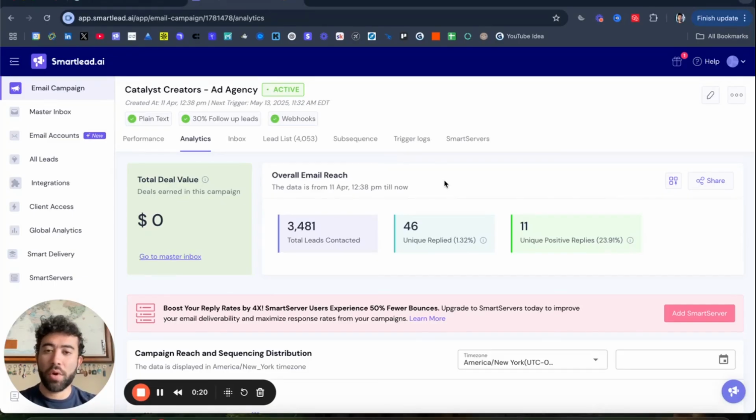for them. So these are just some of the results I've been able to get, sending out around 3,500 emails, around 24% positive reply rate, and have been able to book 3 calls within this process. So this is just showing you what we've done over 2 weeks. We send out, honestly, probably a little bit less than 2 weeks. We send out around 500 to 1,000 emails a day, depending on what kind of process we're working with. And our lead list here is 4,053.